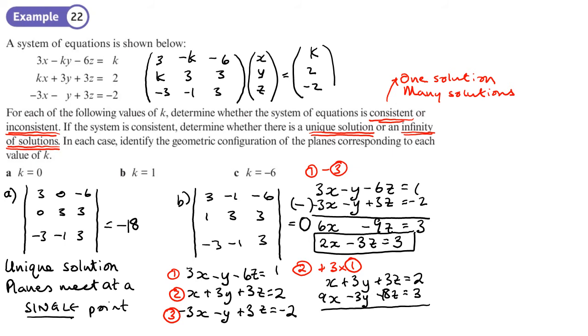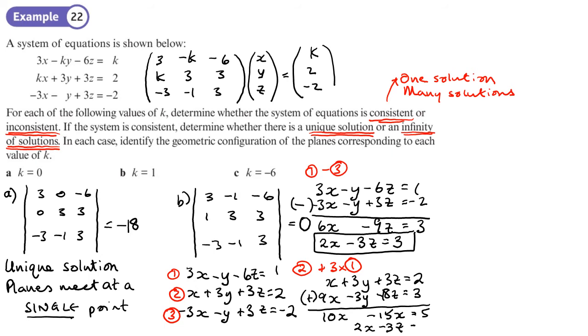Right, so this time I'm going to add them. So I end up with 10x, then the y's will disappear, and then I will have 3 minus 18, which is negative 15z, equals 5. So I can simplify that, divide everything by 5, and I'll get 2x minus 3z